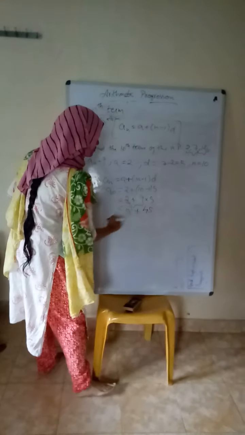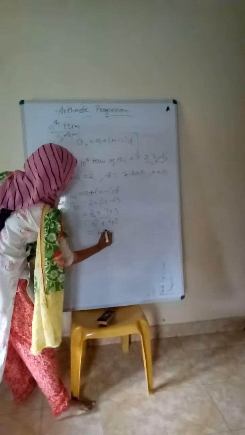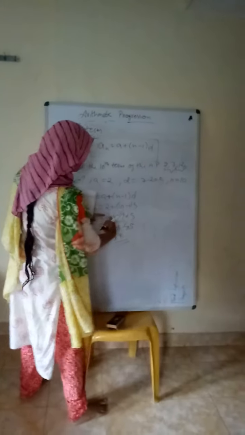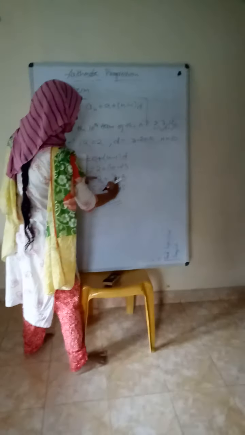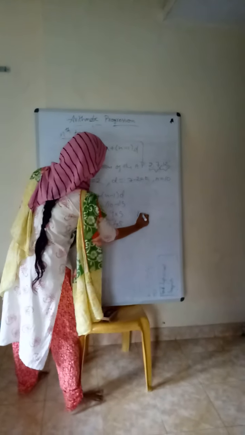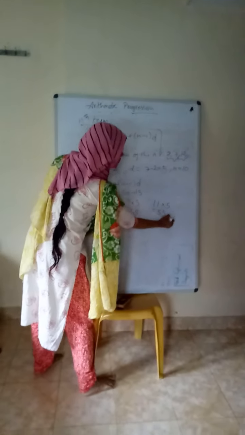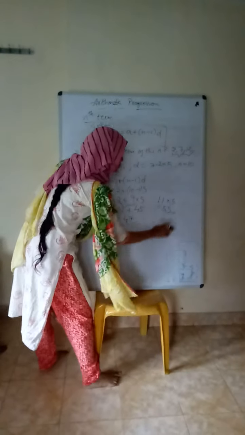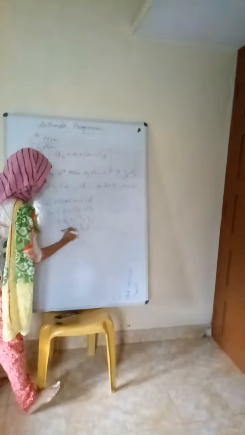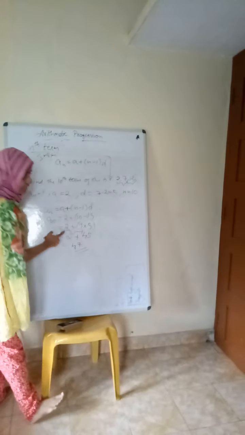Now 45 plus 2 is what? 47 you will get. If you do it in that method, if you add first 2 plus 9, what will you get? 11 into 5, so 11 5 is 55. You will get a wrong answer. Understood? You should not add first. First you have to multiply these two. Okay? First multiply, then add.